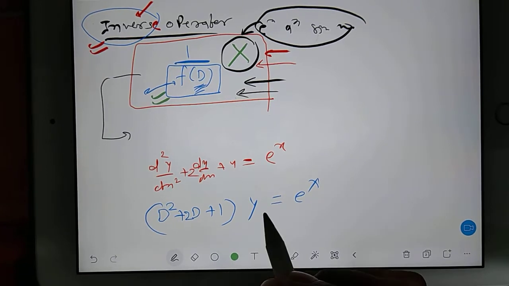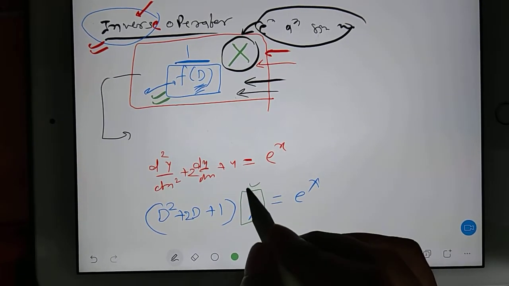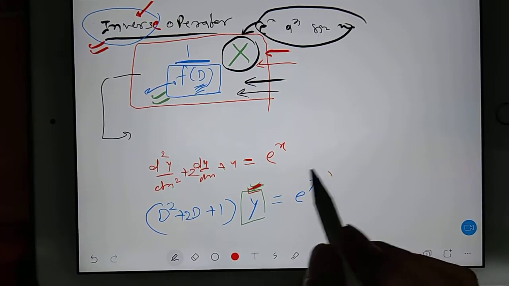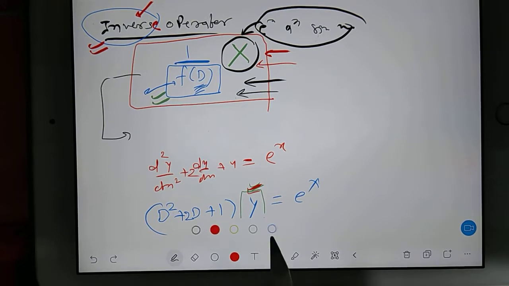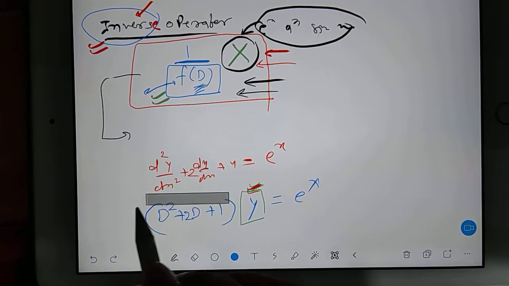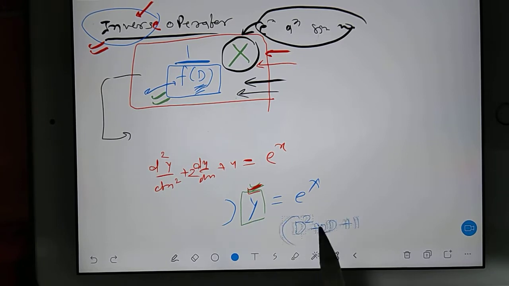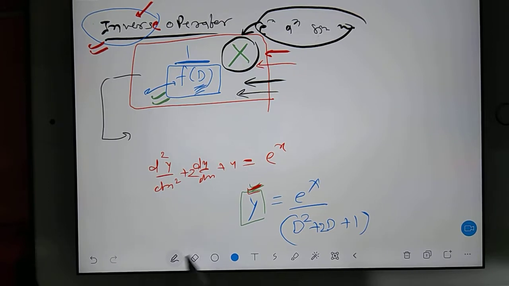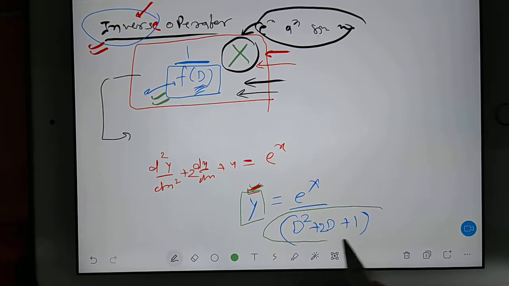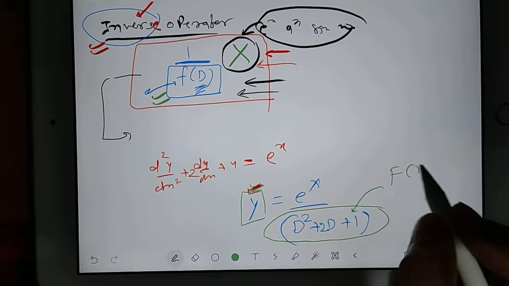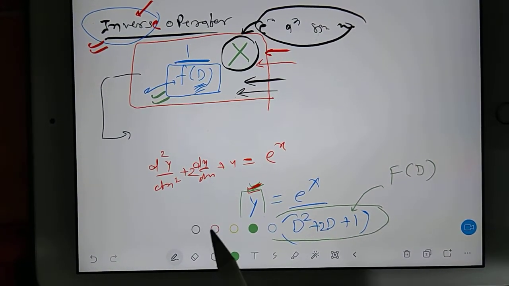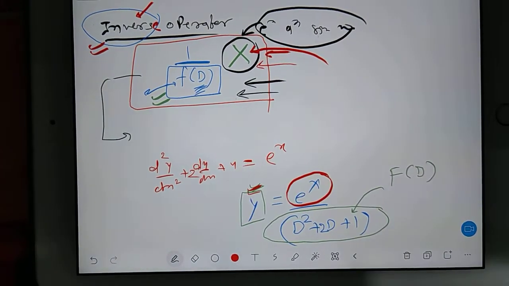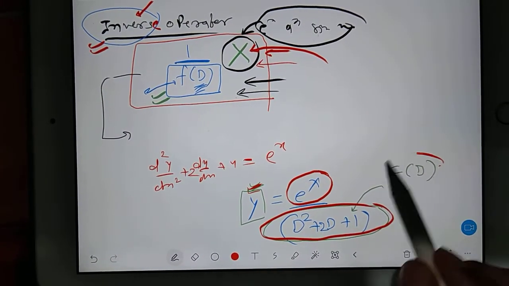In that case, if I try to find the y value, how will it look? This y value will be nothing but, because this time I have e power x present, what will I do? I will take only this much and send it below. Get my point? So whatever this is, I will call a function of d. Now you can see this is my x function, I mean a function of x, that I'm representing as capital X. But whatever is coming here, I'm calling fd.